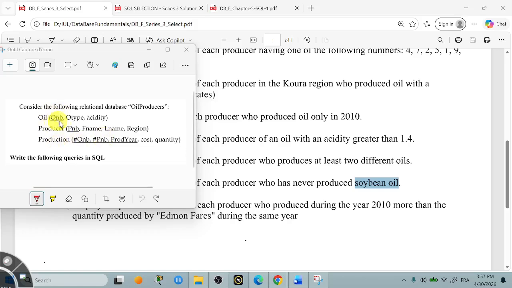And also you should take O and P equal to O and P here, but which O and P? The O and P with O type different from soybean oil. So first of all, you calculate this, select, you do selection on O type equal to